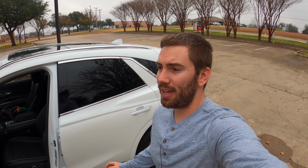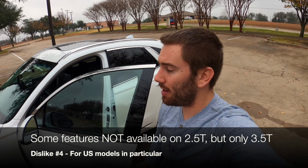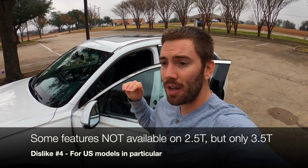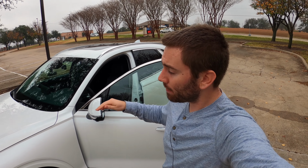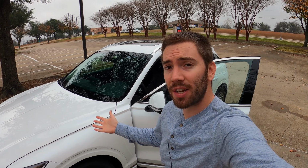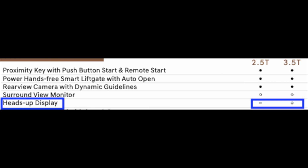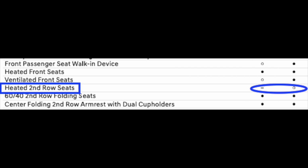Now my next dislike is something about equipment and options that you get on this model. So this is the 2.5 liter turbo 4-cylinder. You can get a 3.5 liter turbo 6-cylinder. And if you want certain features, you have to go up to the more expensive, more powerful engine option, which I wish you could get on here, even if you had to pay more. You still have to jump up to a whole new engine to be able to get a couple things like a head-up display,